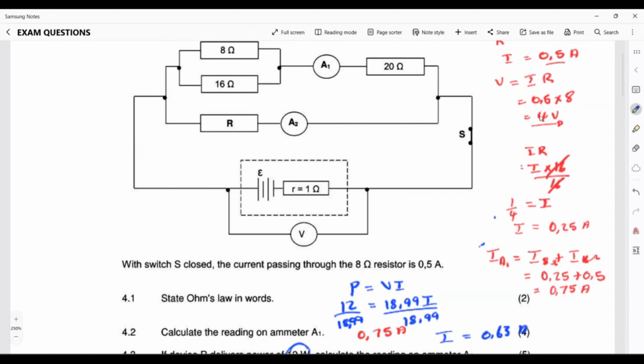So now they're saying in this case, we have switch S being open over there. And then now they want the reading on the voltmeter, the voltmeter that they're referring to is the voltmeter over here. Now this is where you start to think, how can I do this? So sometimes when you're working this, you'll realize that what you are asked or what you answered are